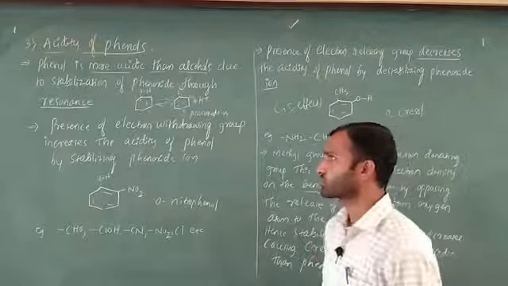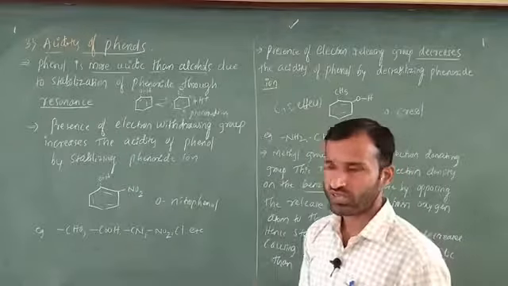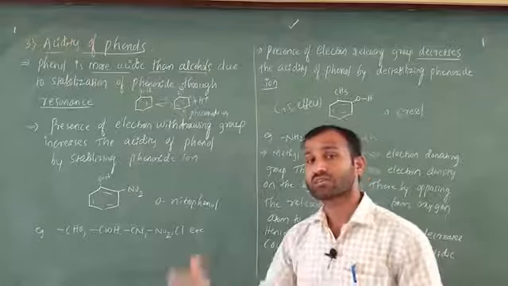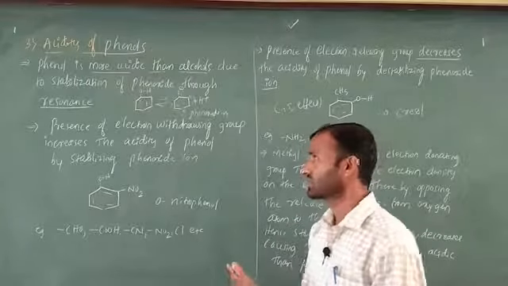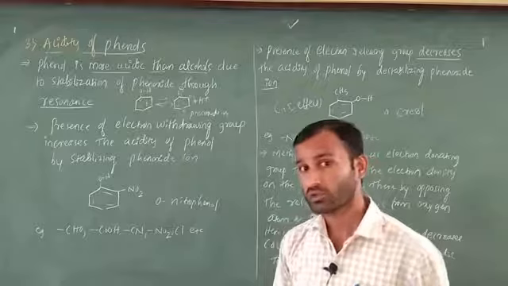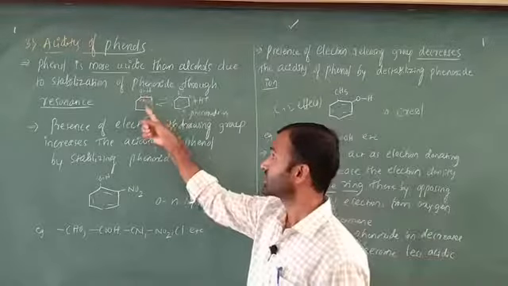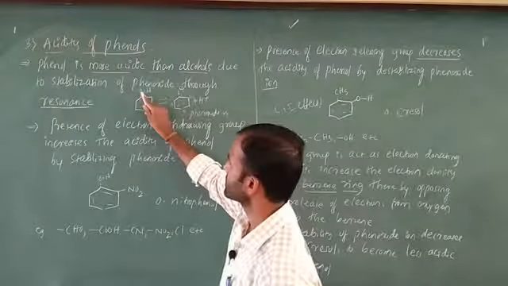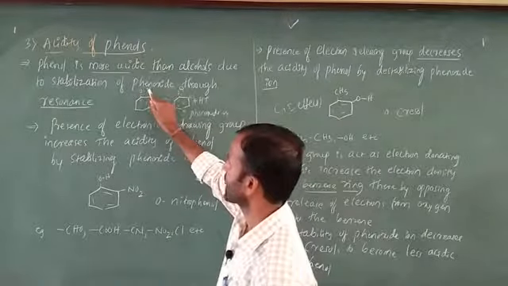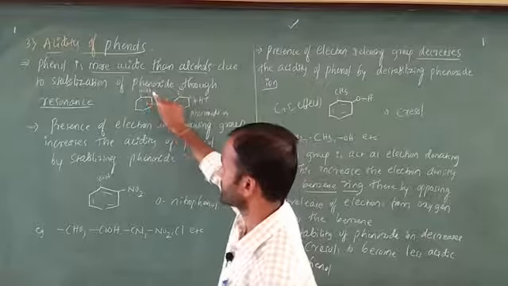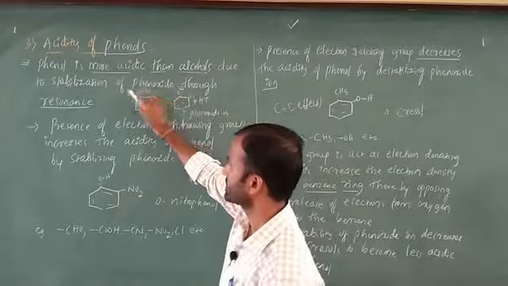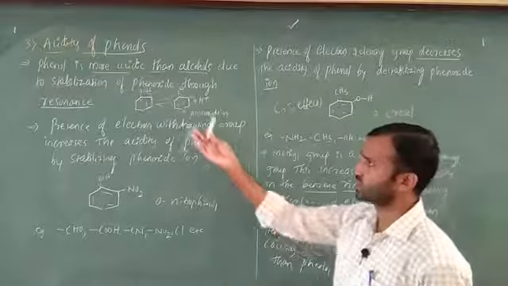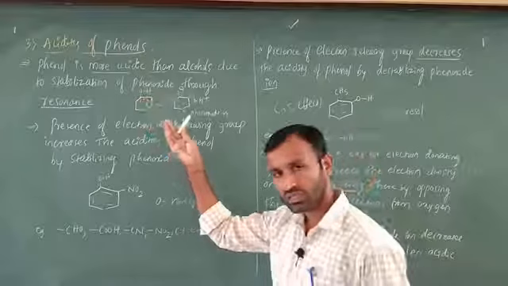Again they are going to ask you the question: why is phenol more acidic than alcohol? In alcohol the electron donating group is there, and the plus I effect takes place, but in phenol, indirectly we can say there is a minus I effect. How do we say minus I effect? This benzene ring acts as an electron withdrawing group. Here O is there, here H is there. H will go out easily in this case. Then there is a formation of a negative charge, and automatically it is resonance stabilized. That's why the first heading is: phenol is more acidic than alcohol.